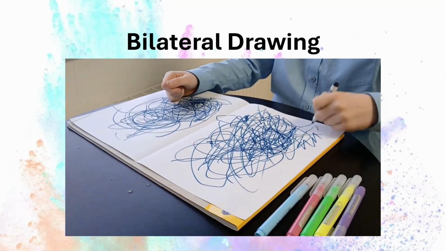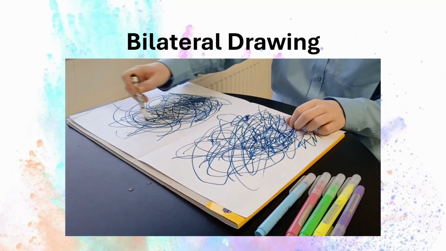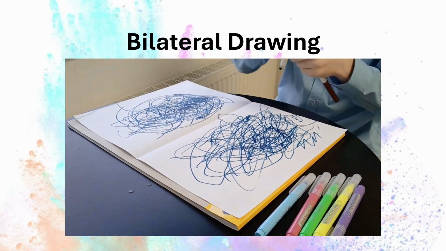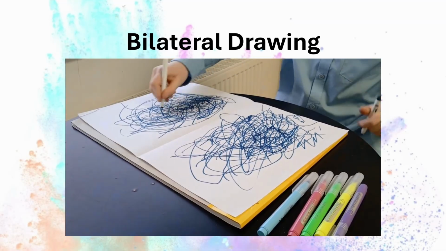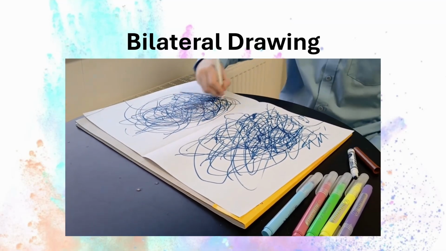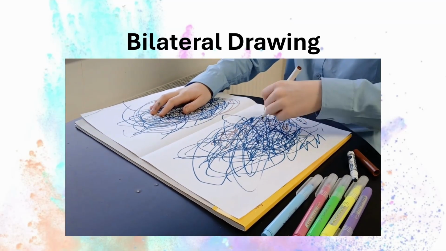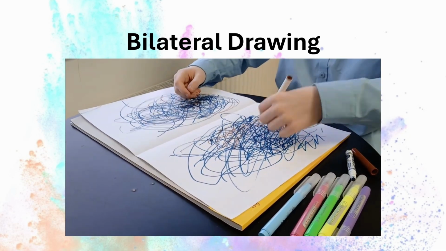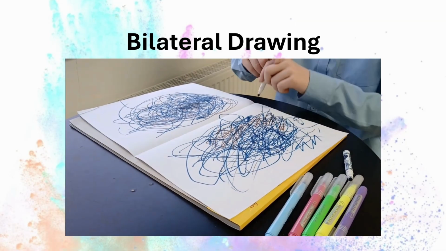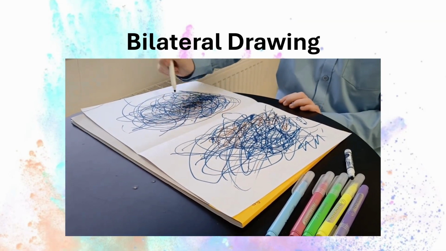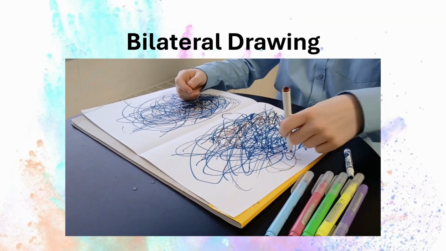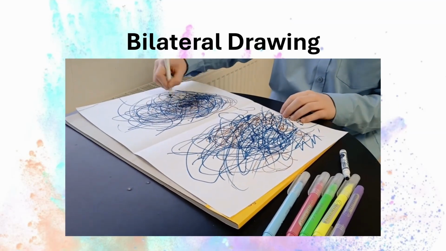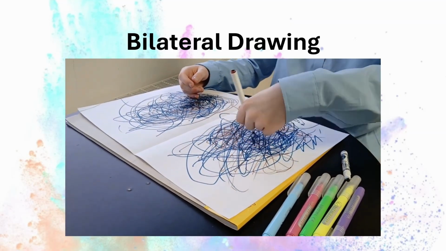There are various bilateral drawing techniques that can be used. However, for this technique, we keep the AIP and the EMDR models in mind. In this video clip shown, you can see that a piece of A3 paper has been folded in half. I asked the child to draw something on both sides, not using both hands to draw at the same time, but to swap the pen between the hands and to draw something on each side.